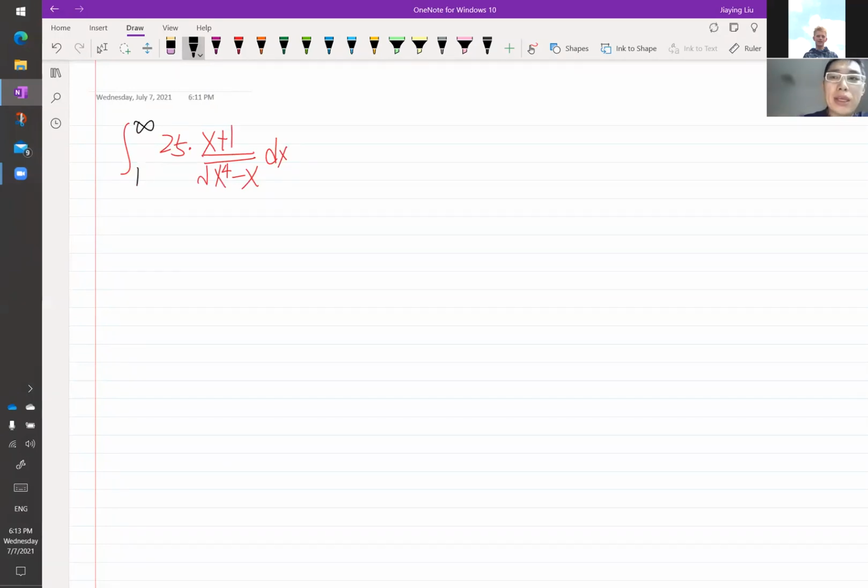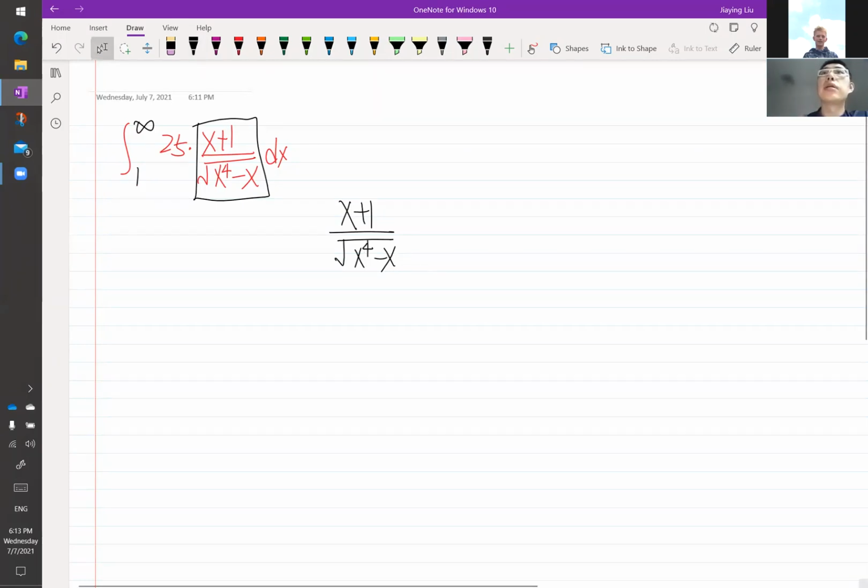Well, let's just take the function in the middle. I'm going to leave the 25 outside, just focus on this part. And let's identify the function that's bigger than this and smaller than this. Right. So